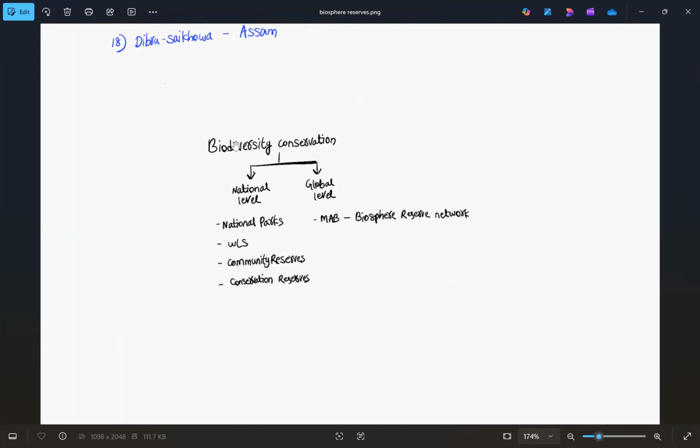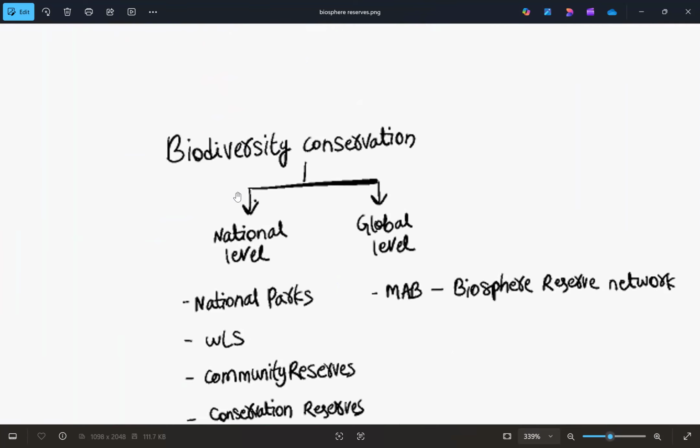But later, I will be covering national parks of India. So it's better to know the basic difference between national parks and wildlife sanctuaries. Before getting into the difference, first we'll get to know the similarities in national parks and wildlife sanctuaries. So national parks or wildlife sanctuaries, these are the protected areas under the Wildlife Protection Act 1972. So there was an act called Wildlife Protection Act 1972, under which the main motto was to conserve wildlife and also to stop wildlife crime. So under this, there was a resolution for development of national parks and wildlife sanctuaries.